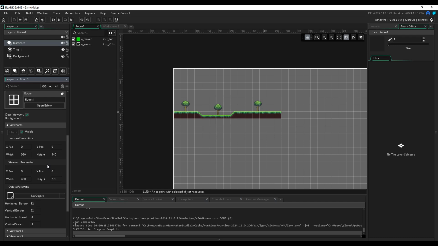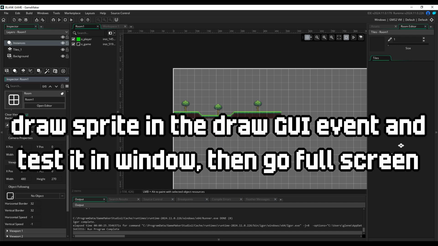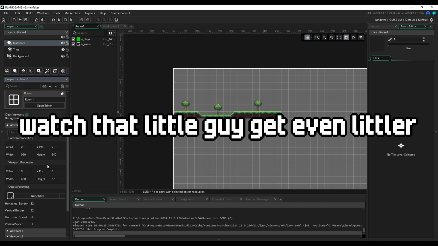The biggest thing that this actually affects is your Draw GUI event. So we all use the Draw GUI event. And actually, you go ahead, take your project and do it right now. Go into your Draw GUI event and draw a sprite, and then use coordinates to do it. So tell it to draw a sprite at 20, 20, and then open your game as a window, and then full screen it. That sprite's still going to be in the same position, but it's going to look much smaller when you go full screen. And that is because you are drawing that size of sprite to the GUI layer,